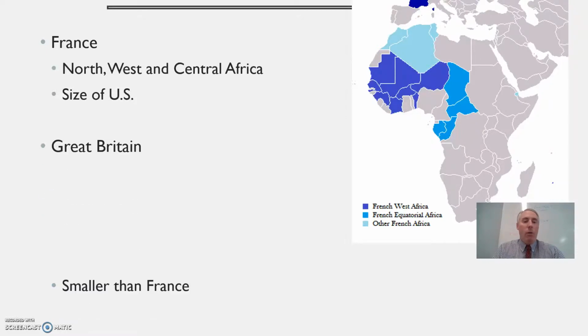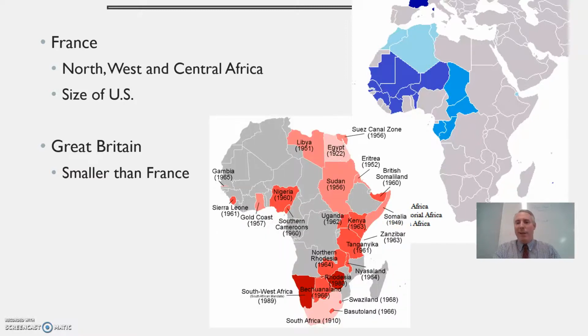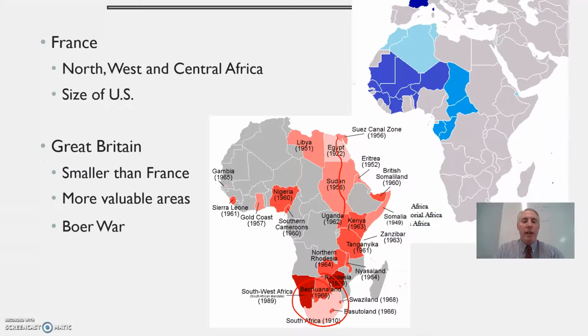Britain, on the other hand, was a little smaller than the French one, but even though it doesn't really look like much, they took over more valuable areas, such as Egypt through Sudan. You think, why is that a big deal? Because what runs through all this? The Nile River. All right, and then they have coastlines. They have all of southern Africa. So they took over areas that were a bit more populated,